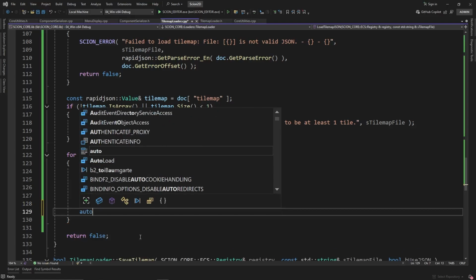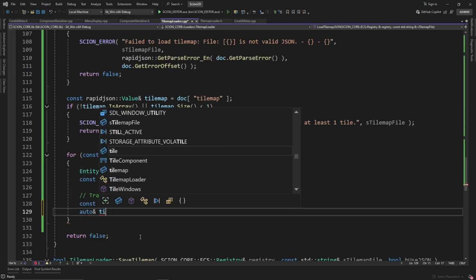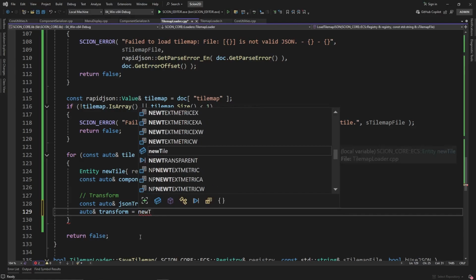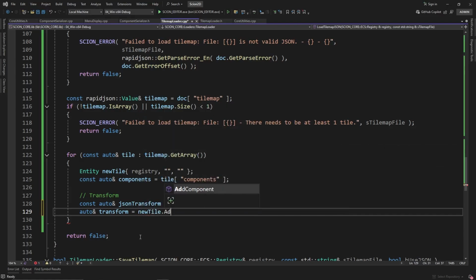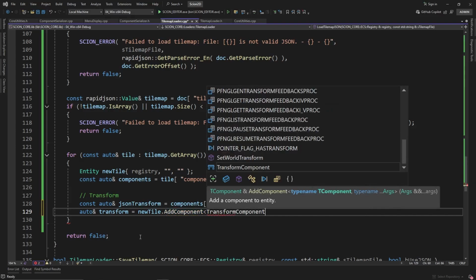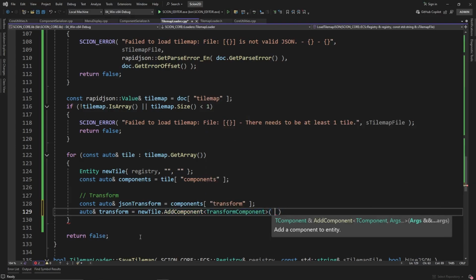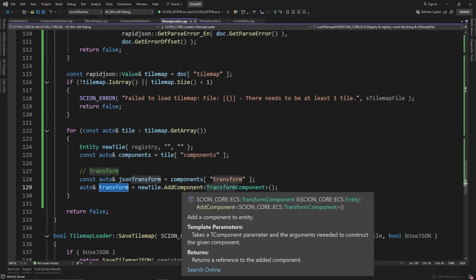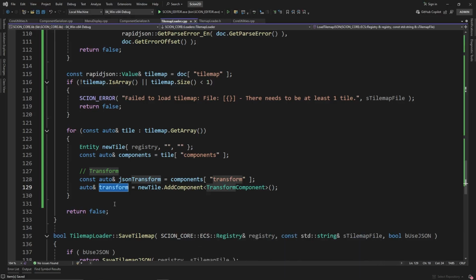Then we can go auto reference, and we can just say transform is equal to new tile dot add component transform component, and we're just doing a default transform here. Why? Because I want this returned, because our add component will return a transform component reference, and we need that